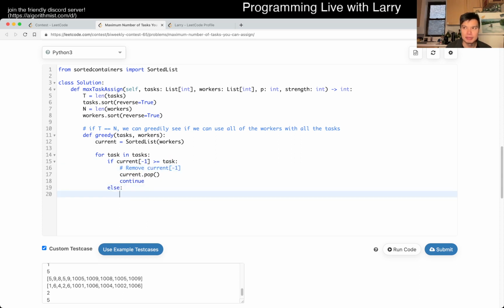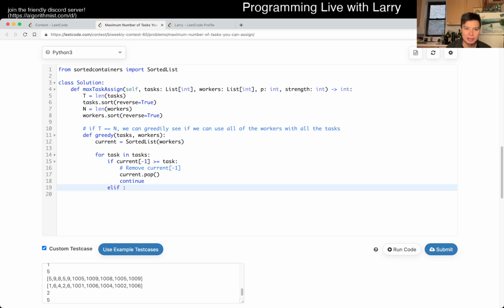Else, I think this is the part. These are the two observations that I missed. The first one is a little bit tricky, but this one I should have been a little bit better on. But I didn't know that was necessary. This is the one where, the first time I implemented it, if you go back, I just take the next number and then I add the strength to it. But now I should take the smallest worker, or the weakest worker that can, after strength, go. So basically this is task, we minus,